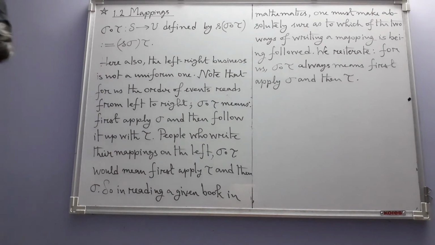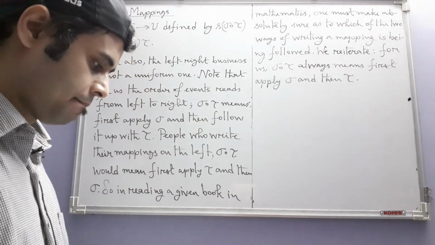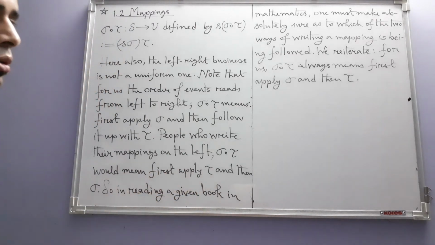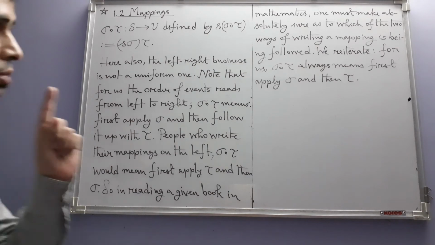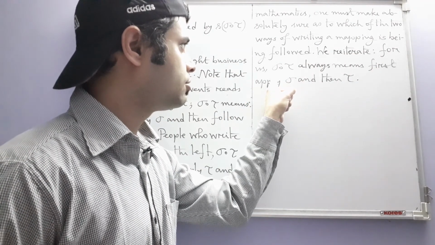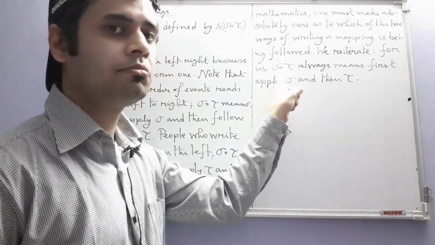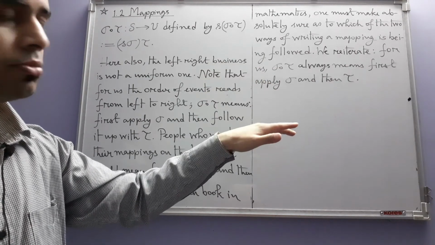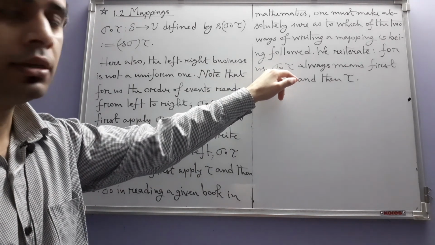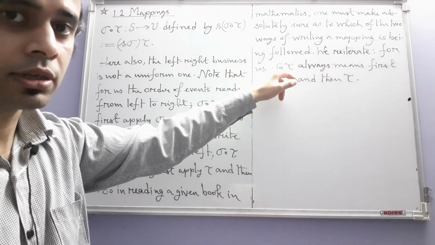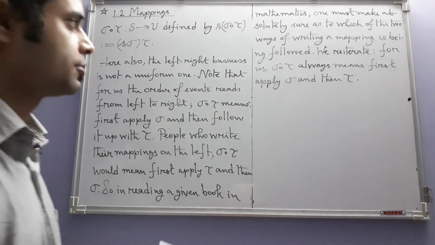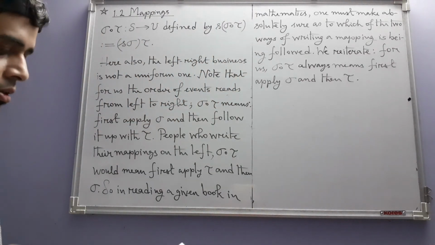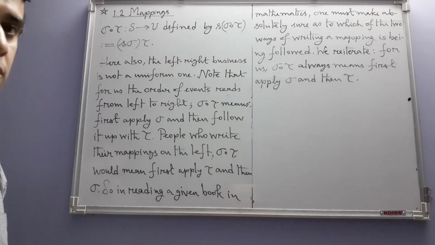So this is the composition and the resulting confusion about the notation. For us, keep in mind that since we have decided to always apply sigma first, whenever composition is arising anywhere in this book, we have to write the input on the left hand side and the functions on the right hand side. Okay, we have to keep that in mind. Now let us go through some examples to illustrate this concept of composition of mappings.